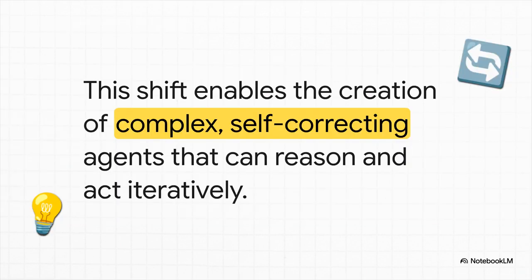And trust me, this leap from a straight line to a loop is a huge deal. It's not just a small technical change. It's what transforms a simple tool into a smart, self-correcting agent that can tackle really complex problems. It's how you get a coding assistant that can write code, test it, find a bug, and then go back to debug it all in one continuous cycle.